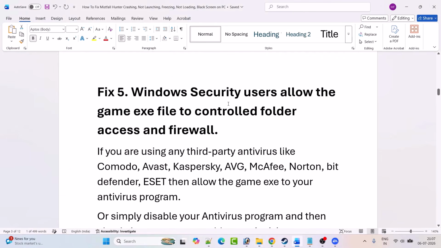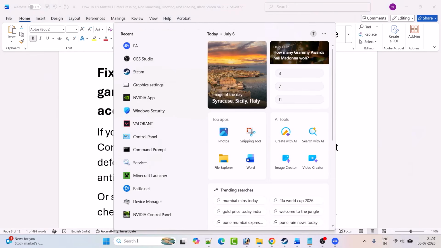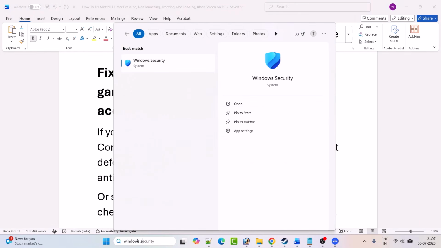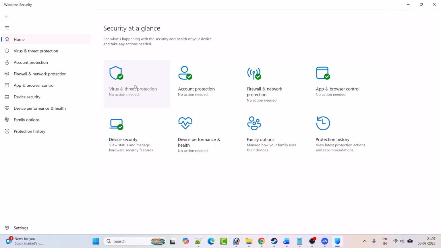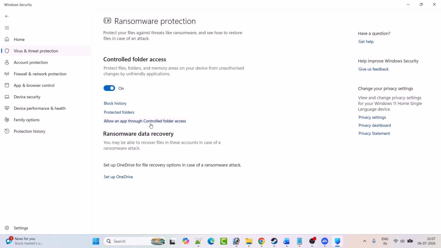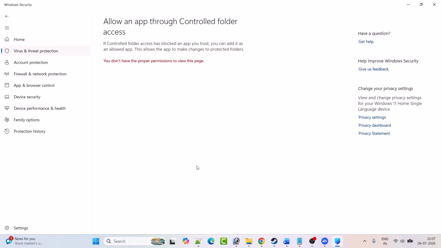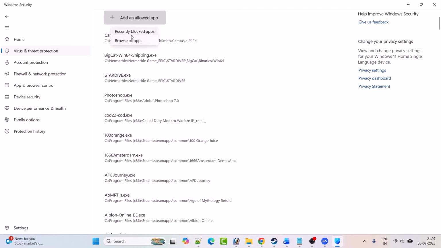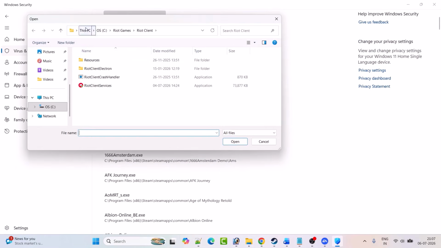Fix 5, in Windows security allow the game exe file through controlled folder access and firewall. So in Windows search type Windows security and open Windows security. Click on virus and threat protection. Scroll down, click on manage ransomware protection. Click on allow an app through controlled folder access. Click yes to allow. Click on add an allowed app, browse all apps, and then browse to the game installation